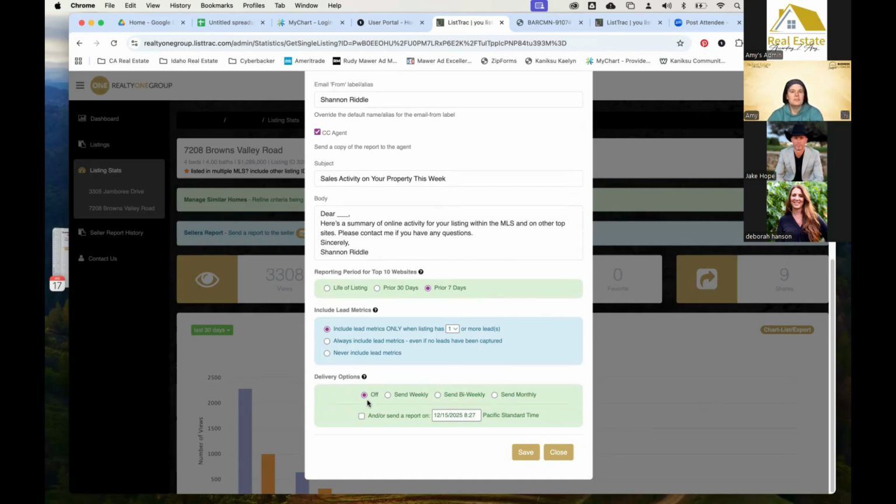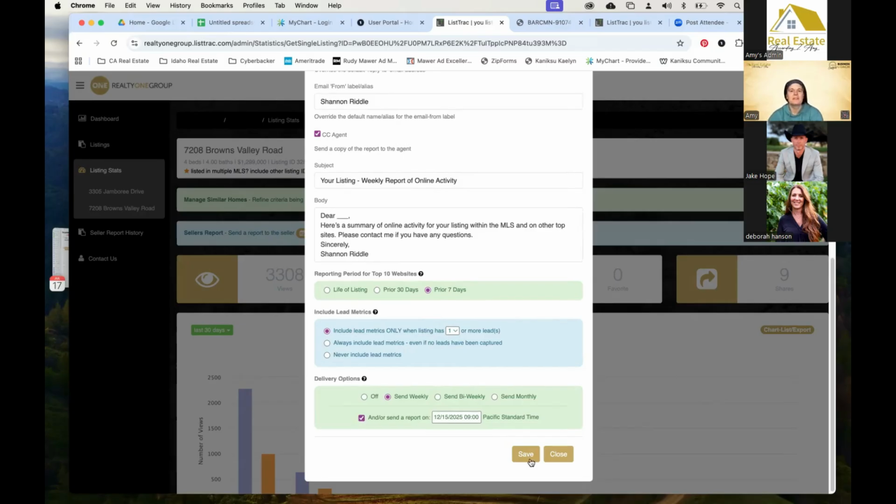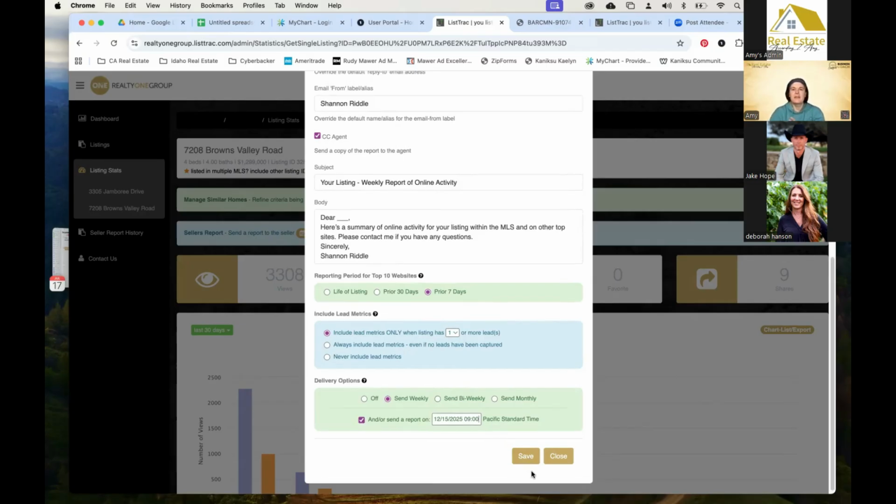And delivery option, right now it's off. You can send it weekly, bi-weekly, or monthly. Okay, and then we're going to send the report on. So like you could send it today and then set it up to send weekly from here on out. Okay, we would just toggle that over to weekly. Let's set it up to send out today at, we're going to say 9 a.m. Okay, Pacific Standard Time. And then I think I toggled it for the 7 days. So we could do that, hit save. It's going to send that report out today at 9 o'clock, and then it'll send it out each week thereafter